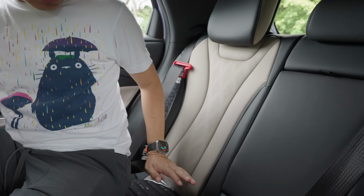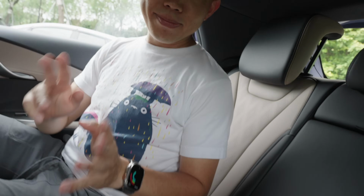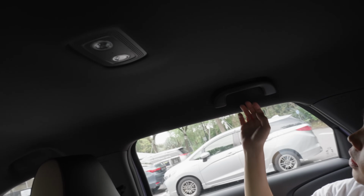and this is my daughter's child seat. So good for kids. She is enjoying it. She's been sleeping in the ride when we were driving it yesterday, back and forth from the mall for dinner. As we lie down, there are lights over here, touch lights. You just touch them gently. They're on and off. You've got handles,